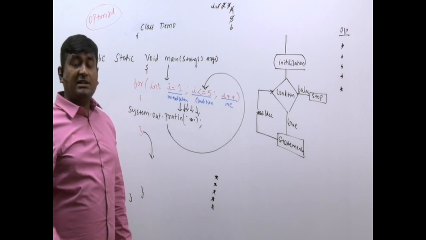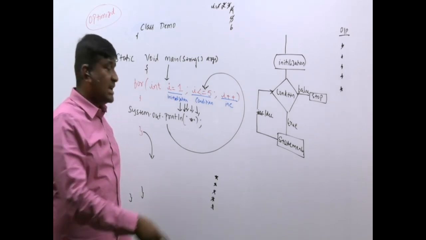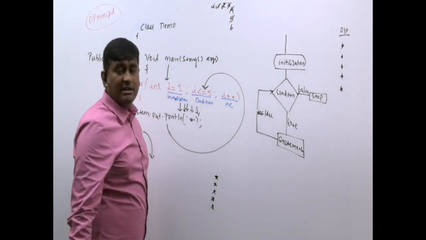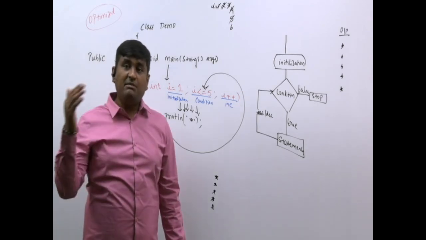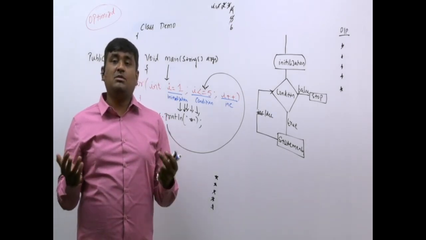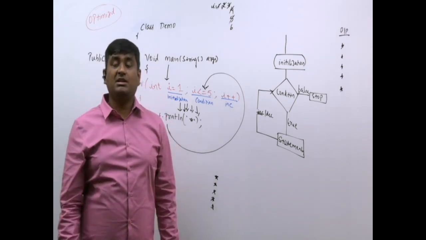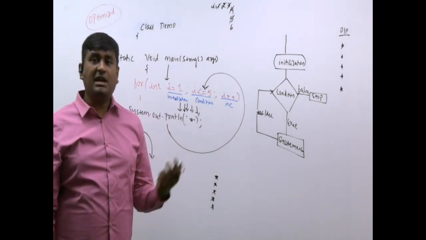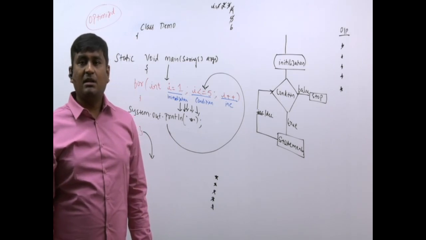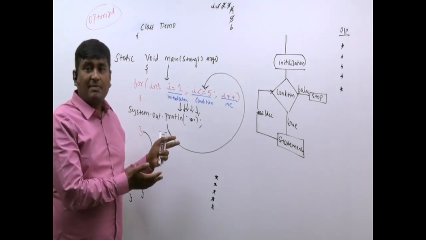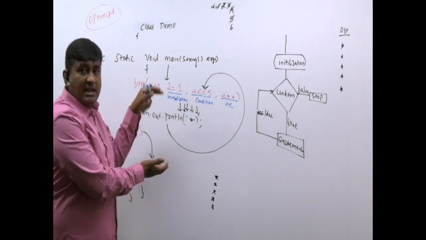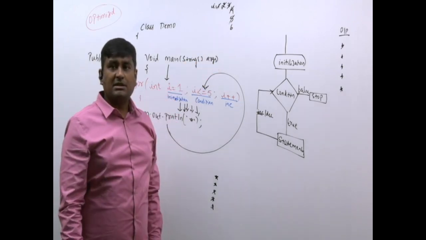I want to display 10 lakh stars. Very simple, sir. 5 you replace with what? 10 lakh. Just imagine, in the previous program, if I want to write a program for displaying 10 lakh stars, just imagine how many lines you would have written and typed. But here, it is very simple. This is only optimized program. In minimal lines of code, in less time, your output will be obtained.